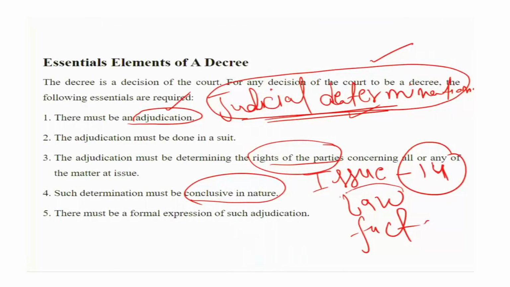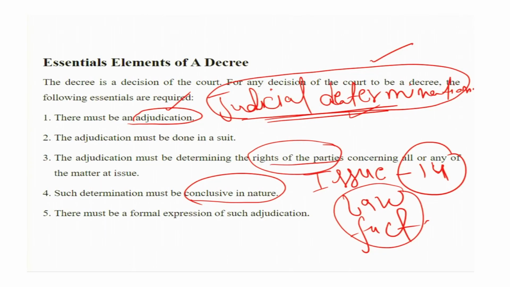Ultimately, sometimes you write a number of irrelevant things in the plaint, and the defendant also writes a number of irrelevant things in the written statement. The court is not concerned with all those irrelevant things. The court is concerned only with the point of controversy. That is the reason I am telling you that the court frames issues on the basis of your pleadings, and these issues would be either of law or of fact.